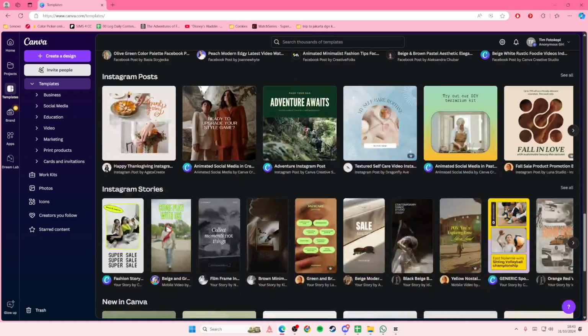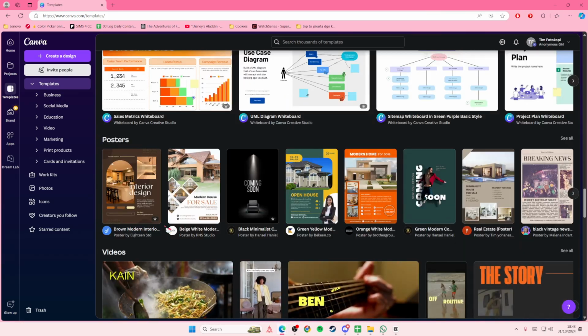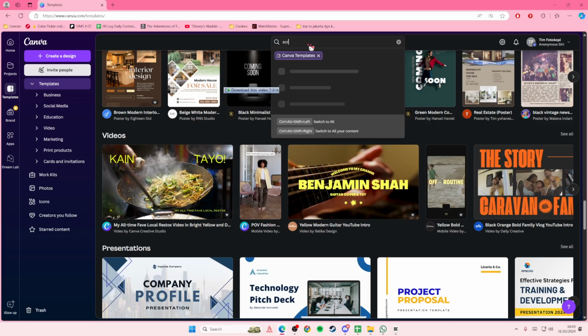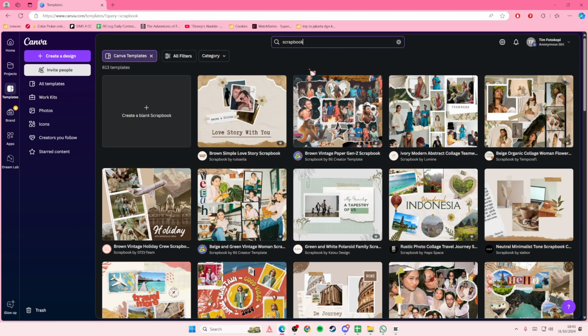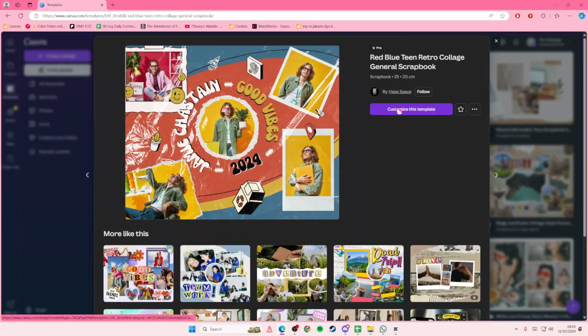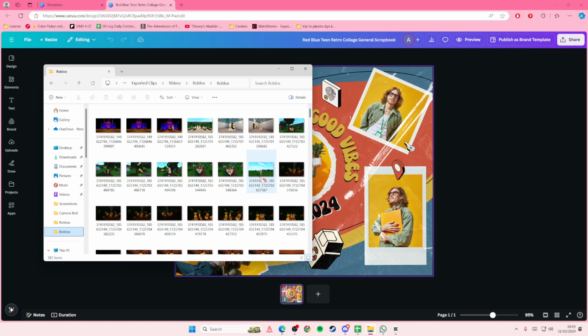Let's see, which one do I want to use? I'm just gonna type in like scrapbook or something here in templates, and I'm going to select this one. Select it, select customize this template, and to change the photo, you are just going to select a photo from